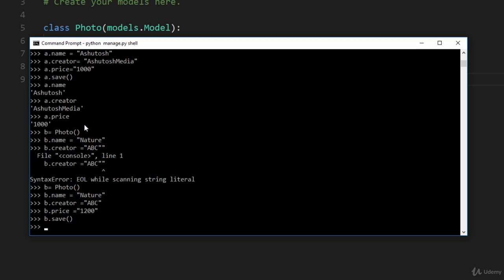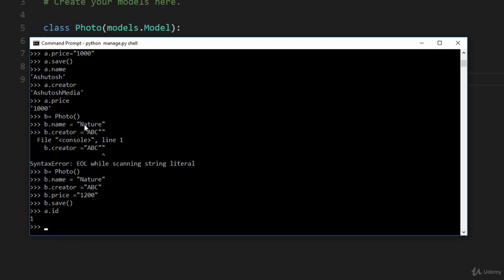The next important thing we are going to talk about in filtering is that you can filter out the results depending upon your requirement. All the rows stored in the photo table have one property called the primary key, or the ID. The primary key is an ID assigned to each one of the rows of your database, which uniquely identifies each and every photo. So if you type in a.id, as you can see, you get an ID 1, and if you type in b.id,